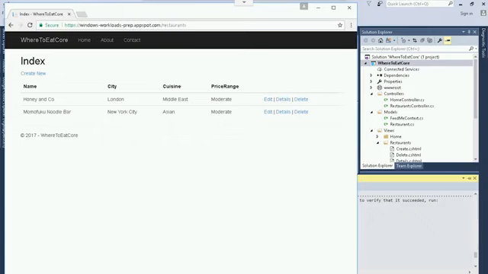So that completes part 3 of the demo. We've seen just how straightforward it is to make use of Visual Studio 2017, ASP.NET Core, and the Google Cloud Platform tools for Visual Studio to deploy an application to App Engine Flex on Google Cloud Platform.